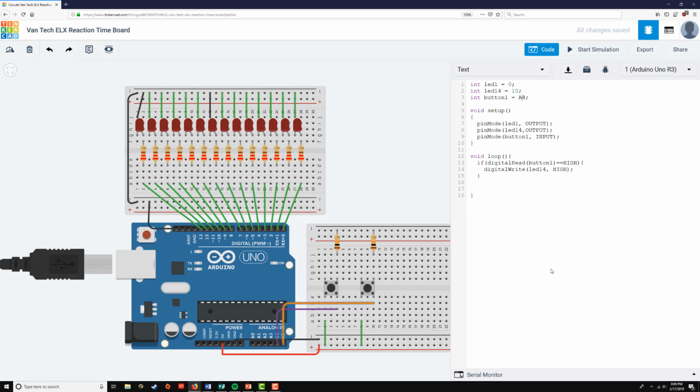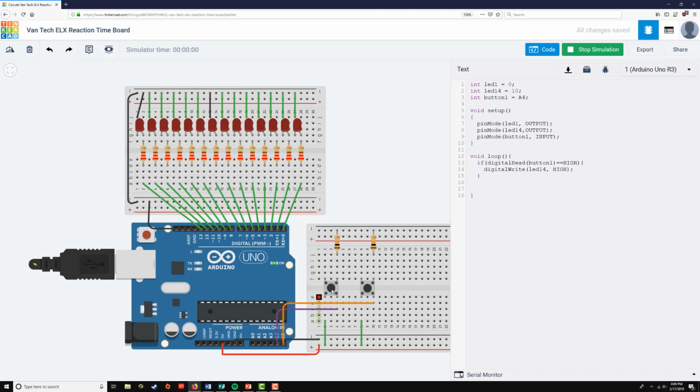And just to satisfy everyone's curiosity, because I know everyone's just unbelievably curious about how this is going to work, we'll run the simulation, even though this is basically the same as the code that we had in the last tutorial. All we've done is replace the numbers here with variables, and it'll run exactly the same. So we start the simulation. It runs exactly the same. If we press button A4, the LED turns on,